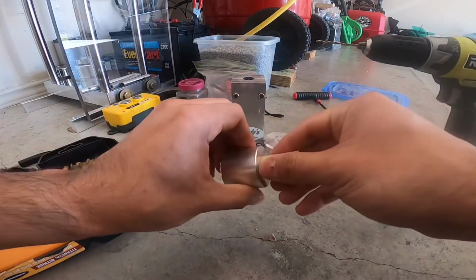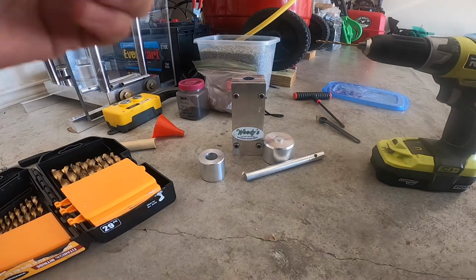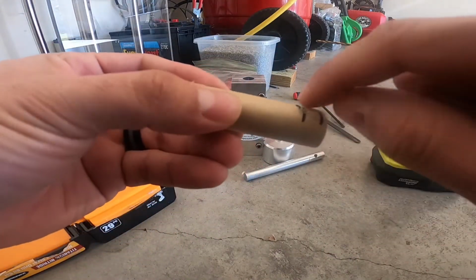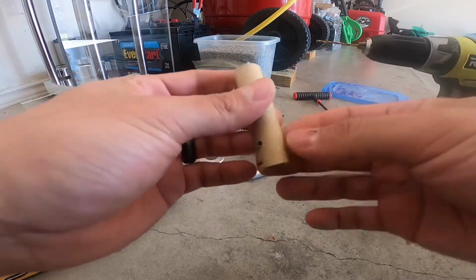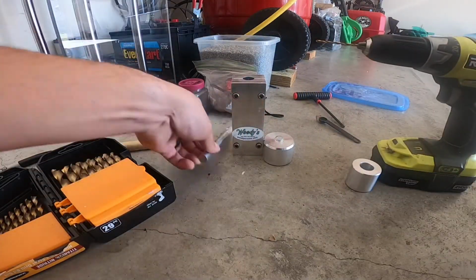Back it out. Take the tool off. And as you can see, you have a nice hole that is not directly into the tube, but along the side. And this will cause it to spin and produces that humming sound,